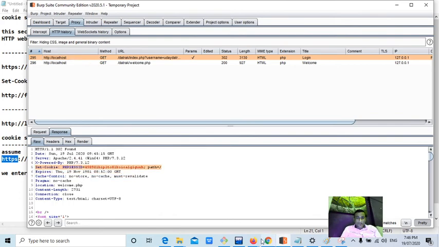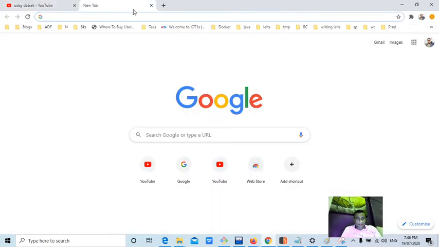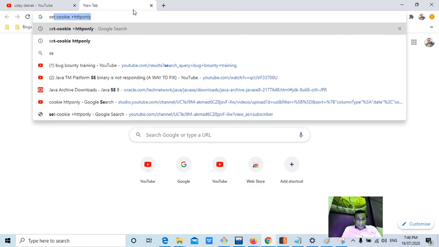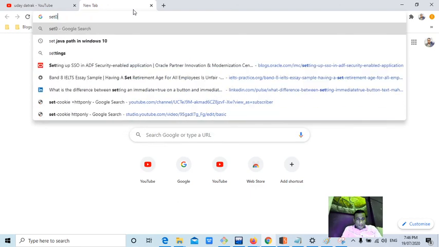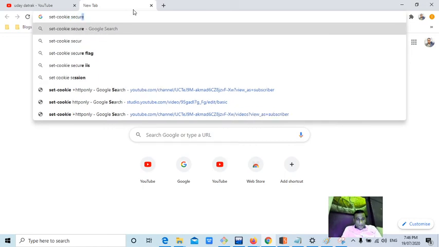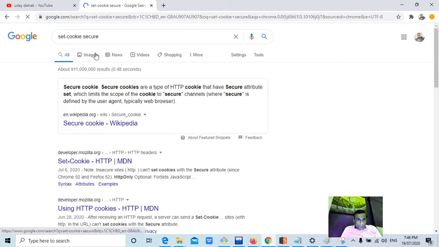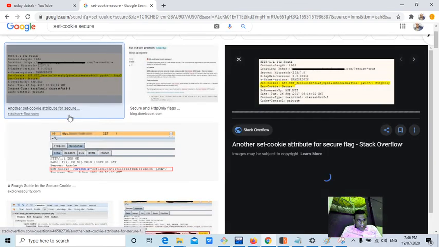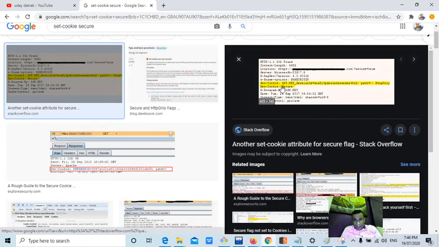We'll search in Google how a Set-Cookie with secure looks like. I'll go to Google Images to see. Can you see this, guys? He's writing it in two different lines. That's okay, like the secure word. Can you see?